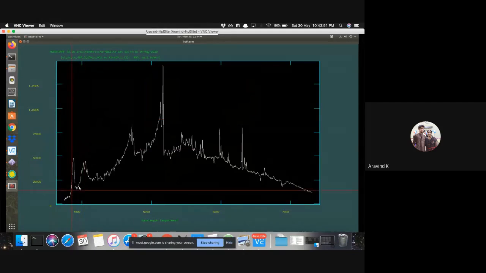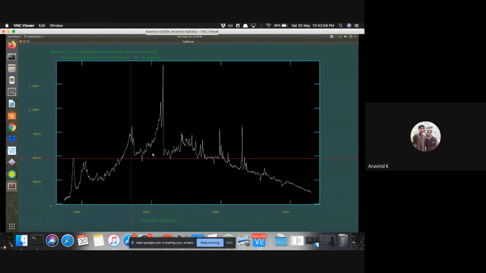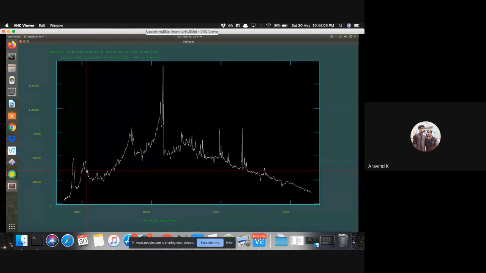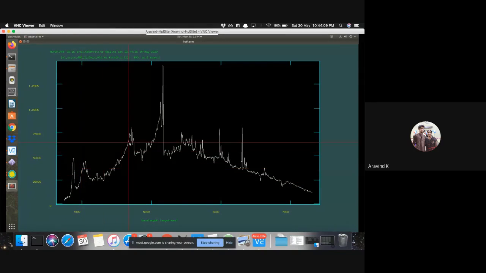This particular shape you see, that is a solar spectrum, which is coming directly due to the reflection of the sunlight from the dust particles. And all these lines, all these peaks which are seen, this one is CN, this is C3, C2, C2, oxygen line 6300. Then this is another oxygen line, NH2 emissions are there.